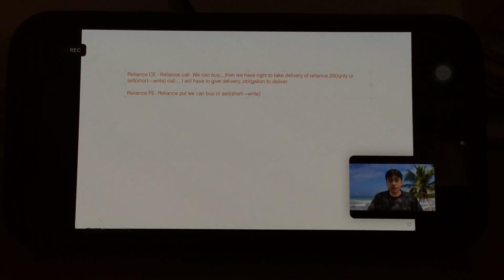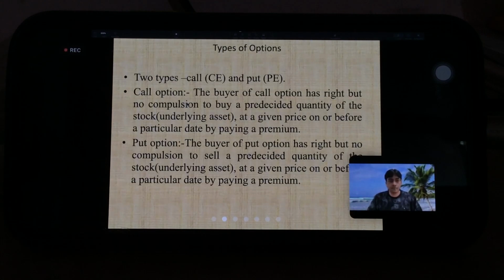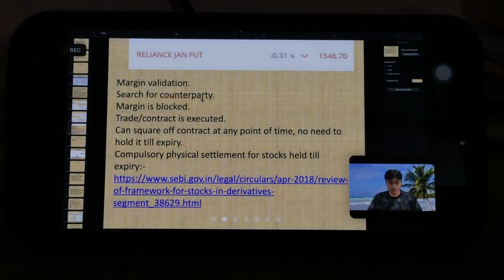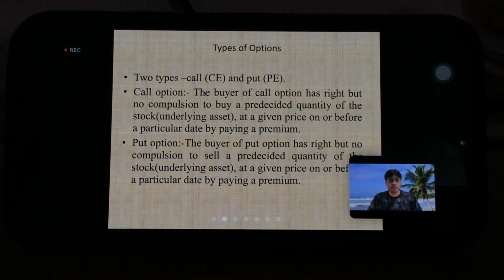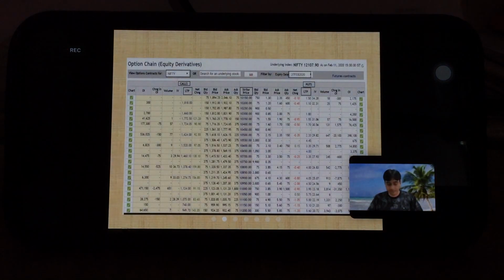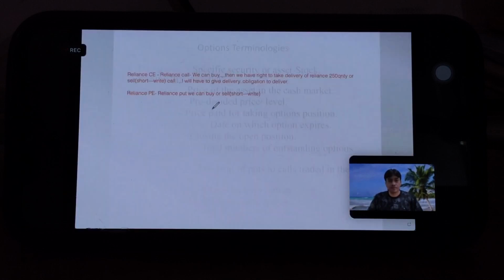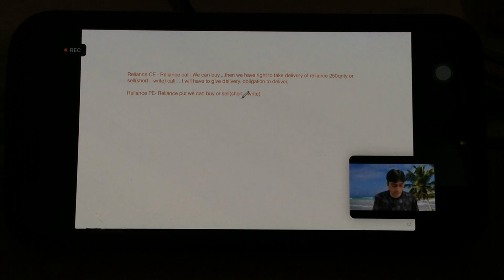So what is difference between put and call? So various option terminologies. Whenever we say Reliance Call,